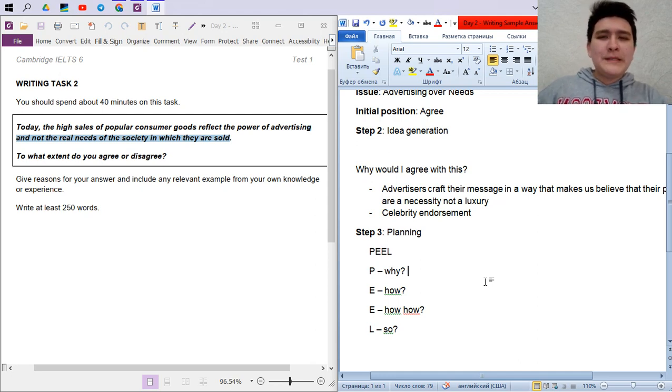So why do people buy a lot of specific consumer goods? For example, iPhone or Louis Vuitton, we have different brands, right? Or Coca-Cola, right? So we could give an example of Coca-Cola for celebrity endorsement. Because of celebrity endorsement, their favorite celebrities appear on TV, and then it means that if they like it, then you must like it as well, right? So how celebrity endorsement